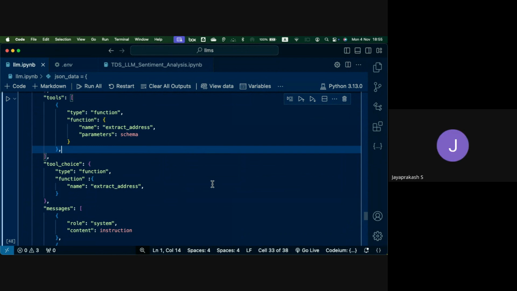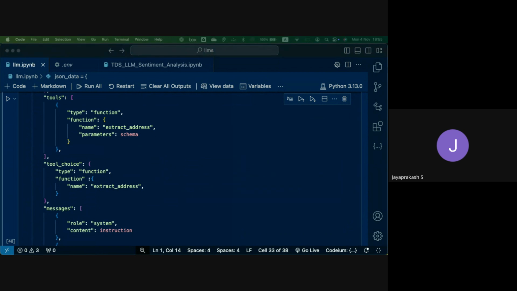Sir, I have one more thing. Yeah, sure, go ahead. There is a link provided in the September 2024 TDS module, the API key for large language models example. That link is not working for me. Is this the case for everyone or only for me? I'm not sure. I will put the link in the chat. Please check.